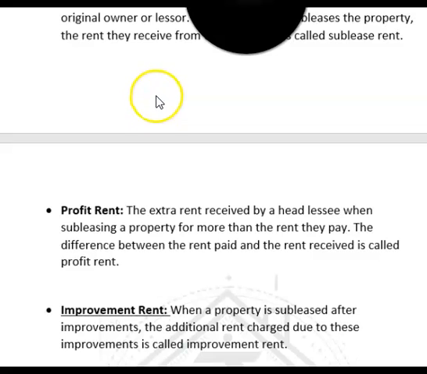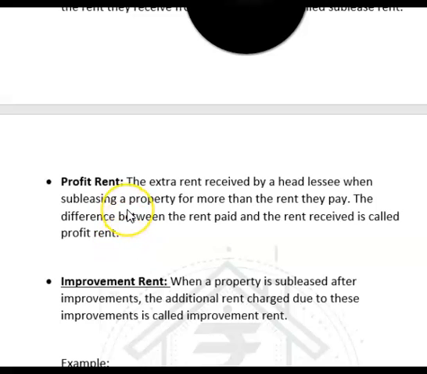Profit rent: the extra rent received by a head lessee when subleasing the property for more than the rent they pay. The difference between the rent paid and the rent received is called a profit rent. I will explain it to you. Okay. First, we go to the definition of improvement rent. Profit rent